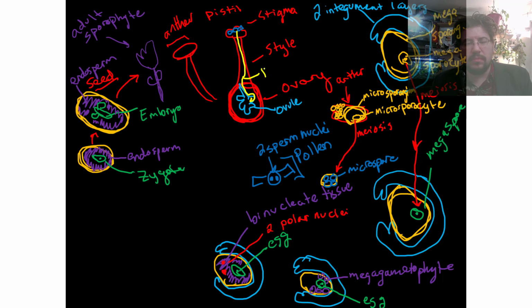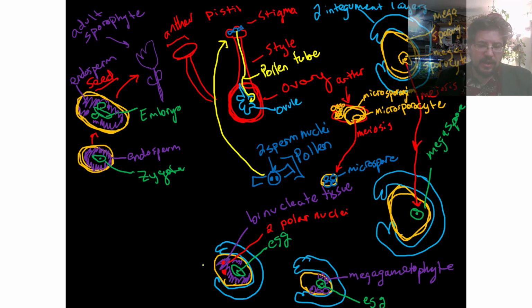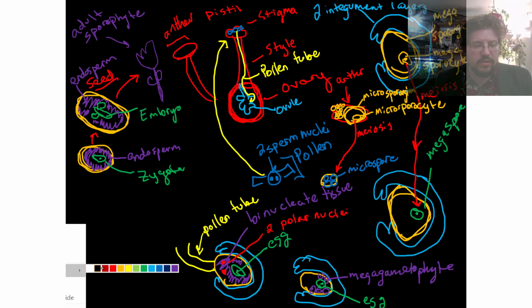So, right, my pollen grain goes and lands on the stigma, produces a pollen tube. Right, so here is my pollen tube. And traveling down my pollen tube are my